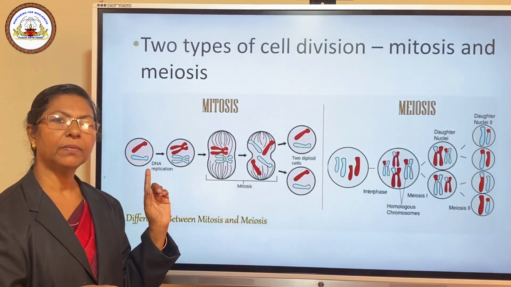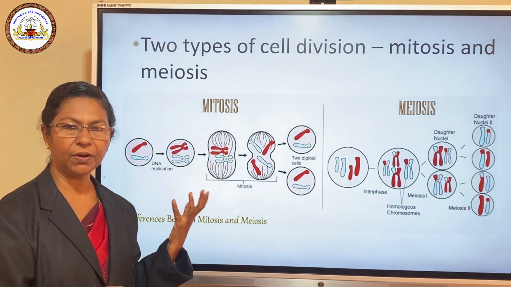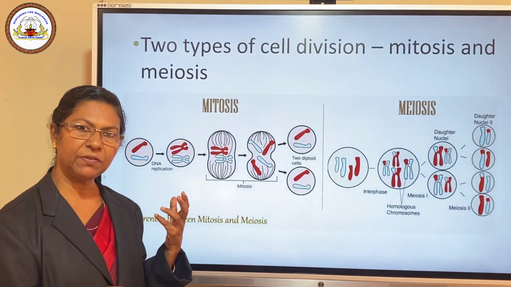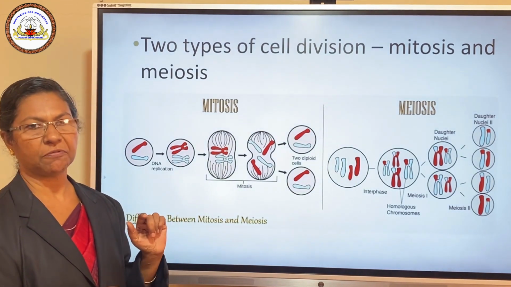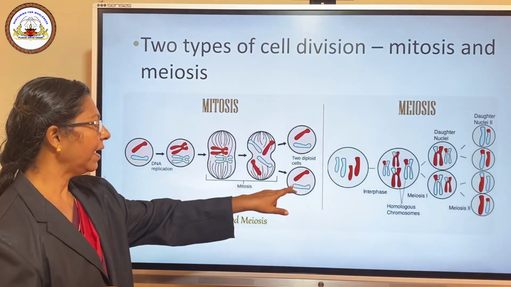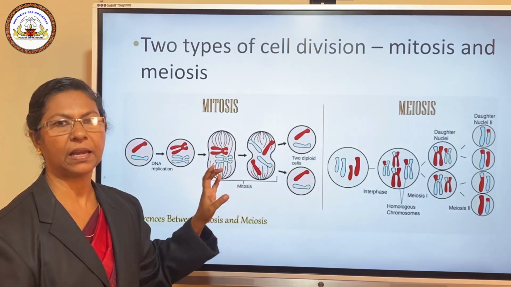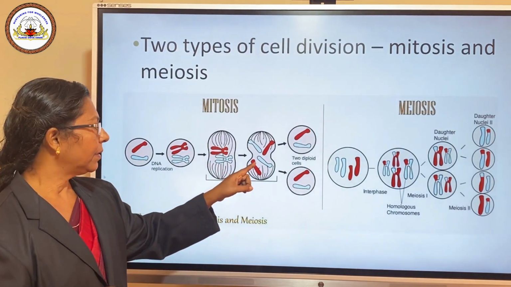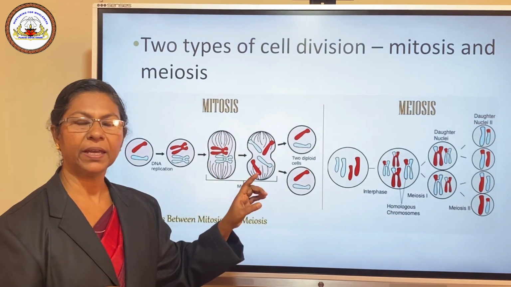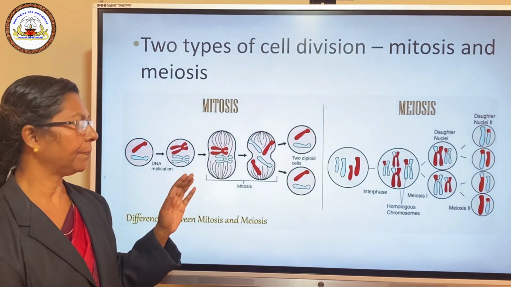Each chromosome develops one more copy of the chromosome. In our body there are 46 chromosomes in a cell. So at the time of cell division, 46 pairs of chromosomes form and the cell divides. When the cell divides, each cell gets the same number of chromosomes, that is 46 chromosomes. So in mitosis, two cells form, and each cell gets the same number of chromosomes as the parent cell.